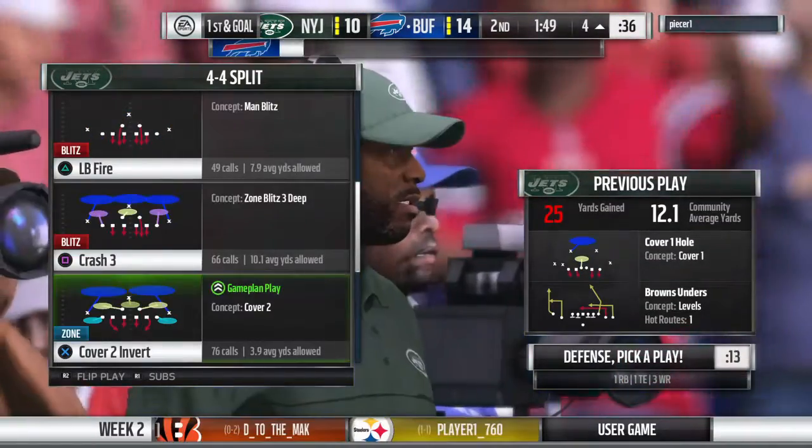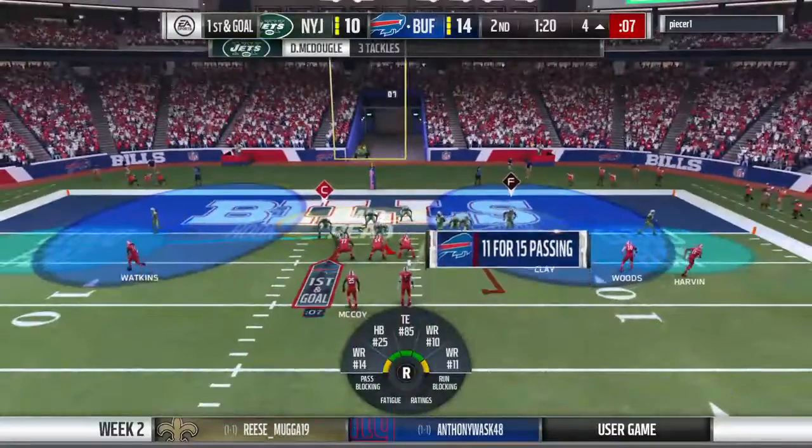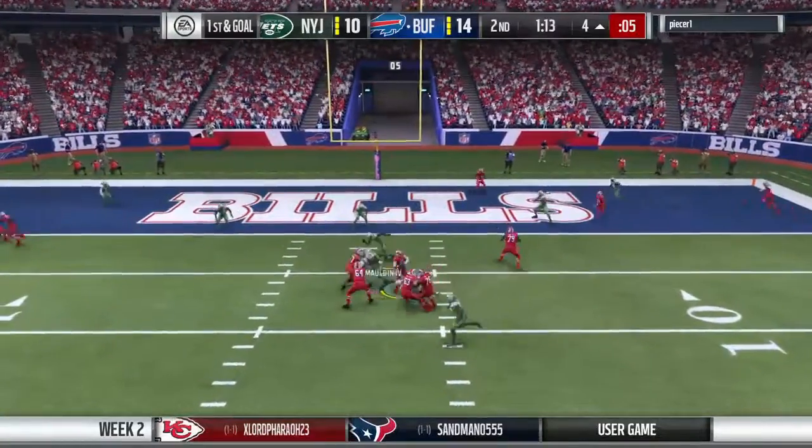That was a nicely run slant route, and what the receiver's trying to do is make the defender think he's going upfield for a deeper route, and then breaks it off, usually after about 3 to 4 steps, and cuts towards the middle of the field, and now what he's trying to...